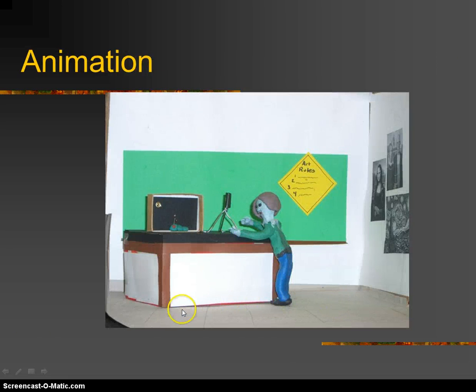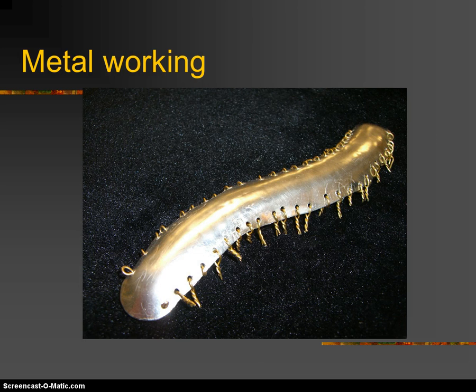Another project that we took a shortcut on for second quarter was an animation project. Students have still had a lot of fun with it. I'm hoping to get more of a storyline with this one. This is stop motion animation, and if you'll see my example here, this is supposed to be Mrs. Rao with a camera making an animation. So it's an animation of an animation. That was my storyline, having a little bit of fun with clay animation. We have metalworking,